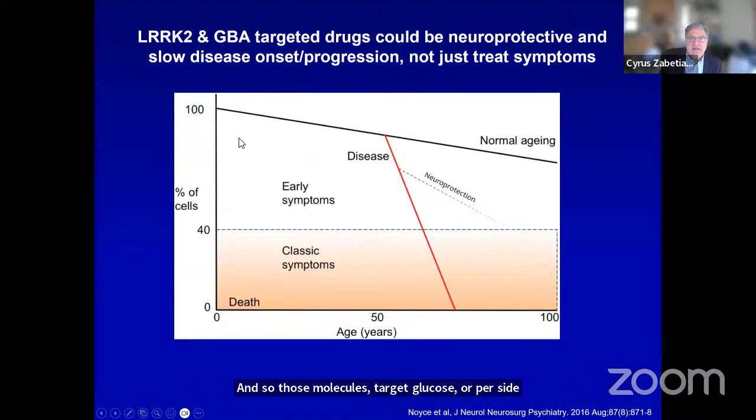Again, the idea here is that these therapies, by getting at the heart of the problem, are going to change the trajectory. So if this is the normal aging curve, and let's say this is the number of dopamine neurons, the idea is that with disease comes a steeper trajectory where you cross over a certain number of cells, and then you start to develop symptoms here. And here we're hoping that with these molecules that target GBA or LRRK2 we can change the slope of that curve, so-called neuroprotection, so that you're delaying onset of the disease to later in life or perhaps beyond, forever, essentially.